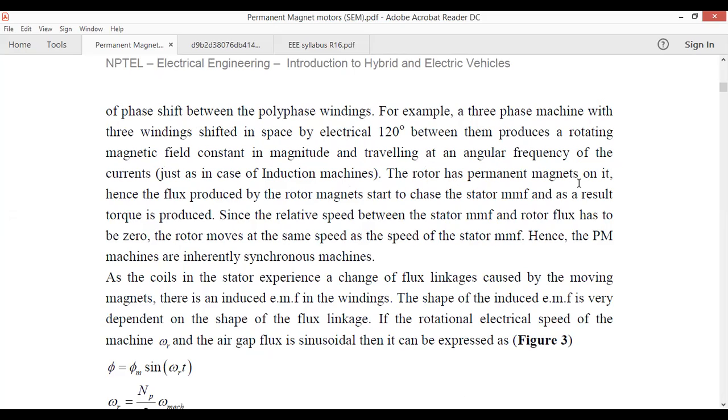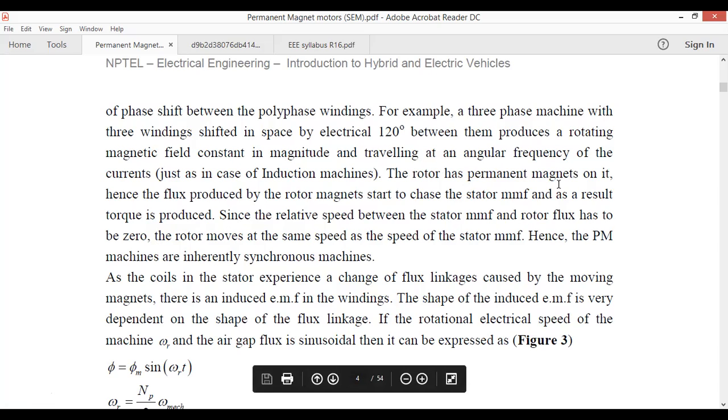The rotor has permanent magnets on it, hence the flux produced by the rotor magnets starts to chase the stator MMF, and as a result torque is produced. This is the working principle of a permanent magnet motor. Since the relative speed between the stator MMF and the rotor flux has to be zero,